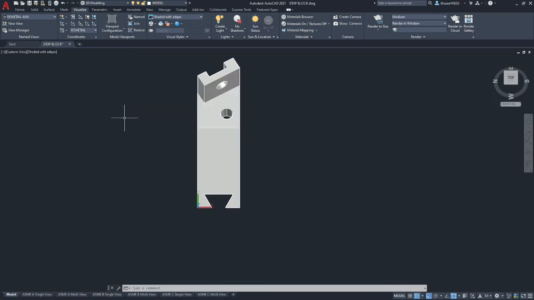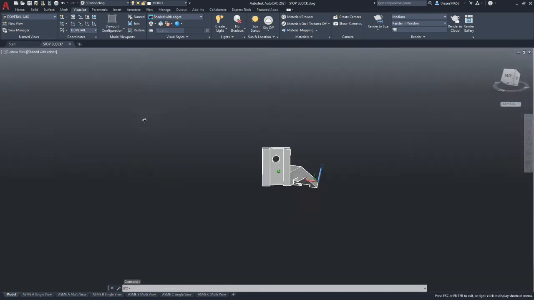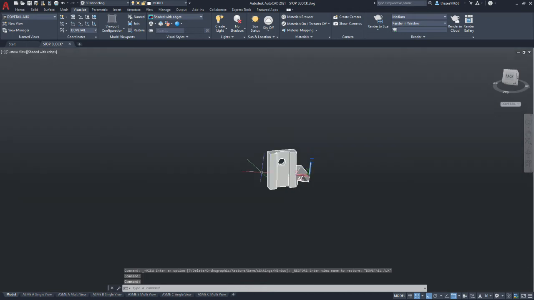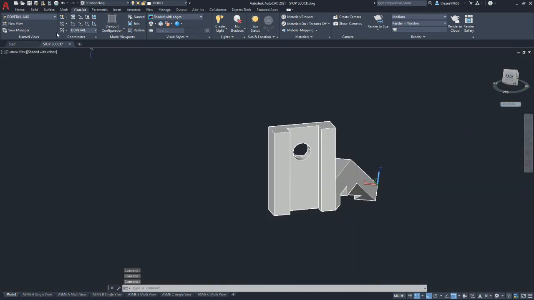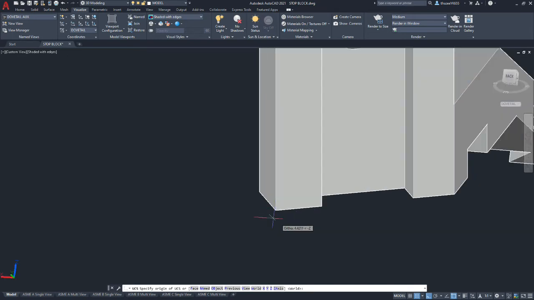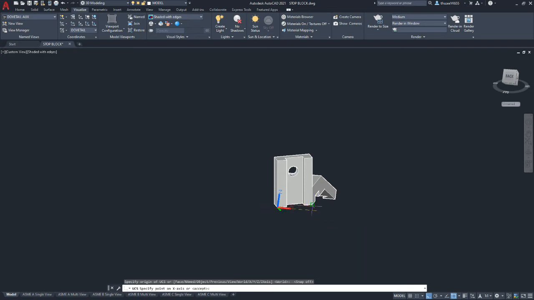Now let's go set up our UCS and view for the slot side. So we can go back to a home view, and let's rotate around to the view that we'd be looking at for our auxiliary view. And we're going to create our dynamic UCS, and this left corner will be our origin.